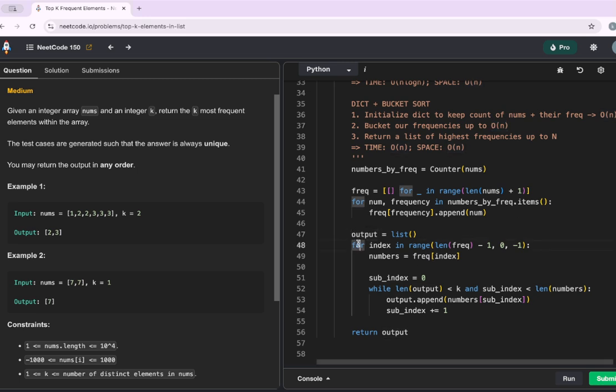Next, we create an output list, and we return the list of highest frequencies up to n. So output equals list, for index in range of our frequencies, which should be up to n. We're going in reverse order to get the highest amount. So numbers equals frequency at index. Our sub-index is 0, while our output is still less than k, and our sub-index